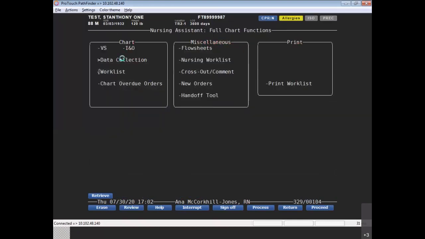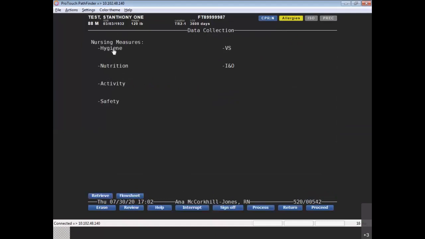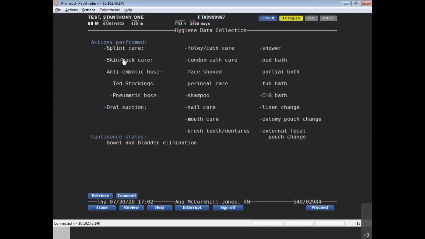So go to data collection, enter the time that the hygiene was completed. You'll see hygiene. These are the actions that you perform for the patient, so you'll click actions performed. And then this is where you'll pick exactly what specifically